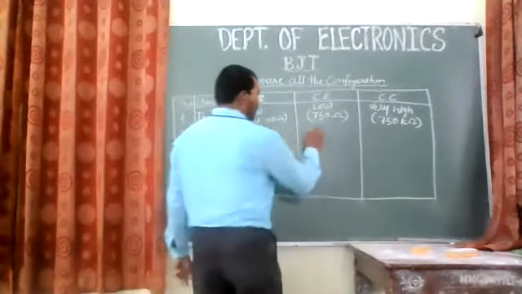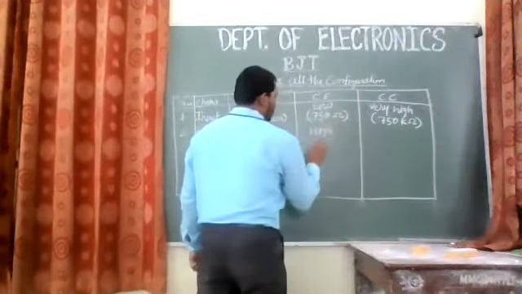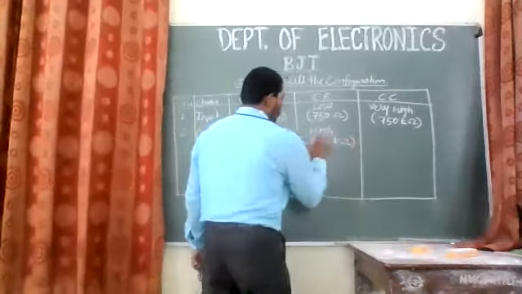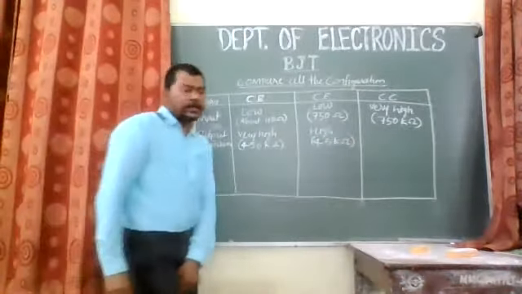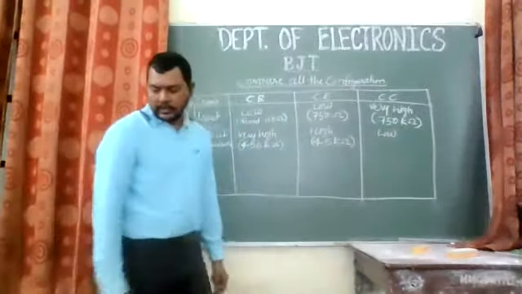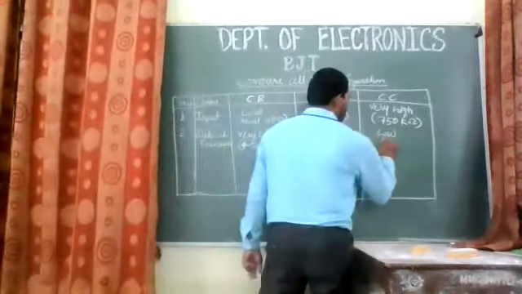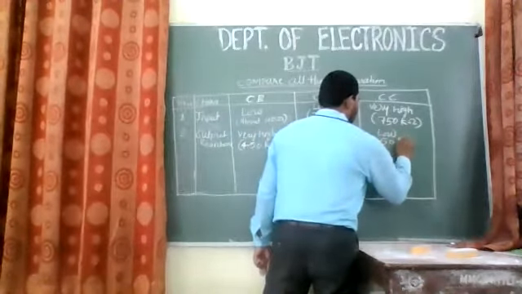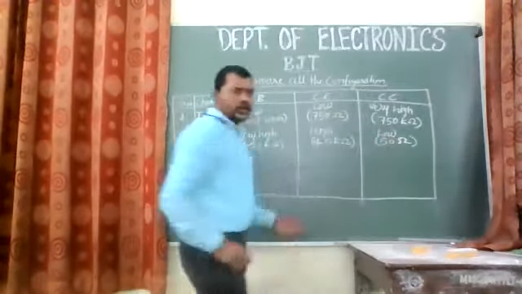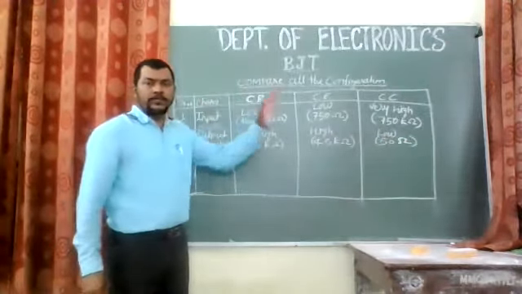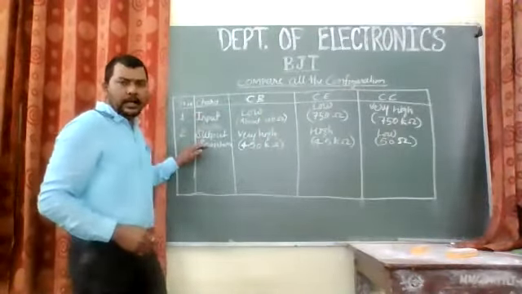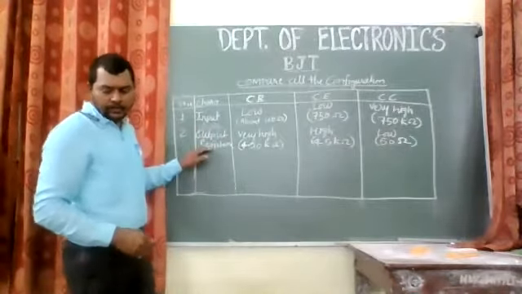In common emitter it is still high. It's not very high. It is high, around 45 kilo ohms, right? And in common collector configuration, it is low, say around 50 ohms. So this is the output characteristics, meaning the output resistance, or the resistance of the configuration looking at the output side of it. Okay, so these are two characteristics: input resistance and output resistance.